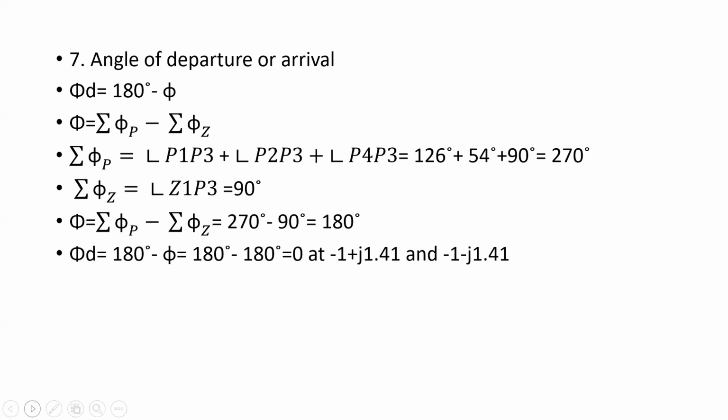Then we have to calculate the angle of departure. What is the angle of departure? How do we calculate it? See, this is our axis. We have a pole here, a pole here, a pole here, and a pole here, and we had a 0 here. Angle of departure is always for the poles which are on the S plane, not for those on the real axis. For these two, we'll have to calculate the angle of departure.